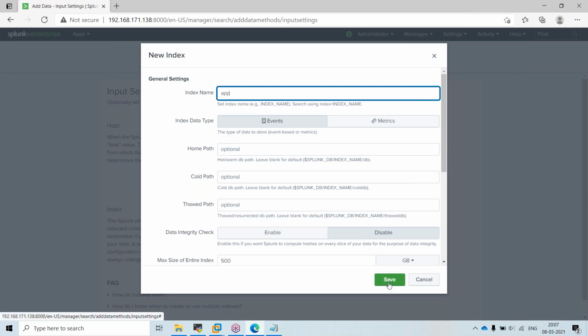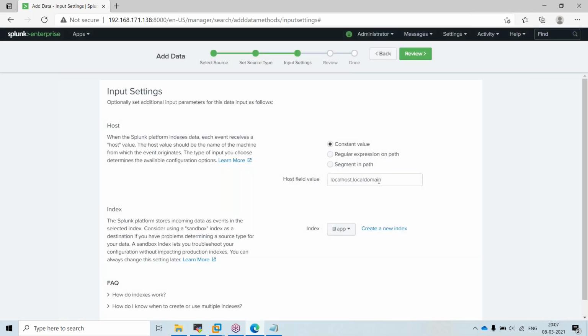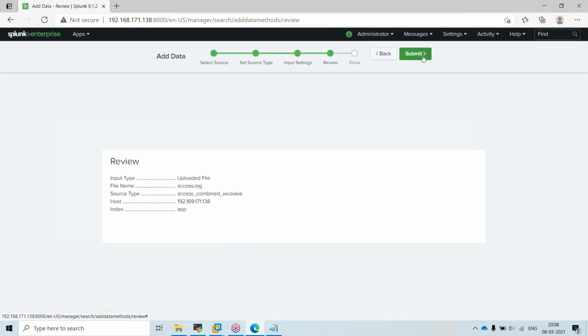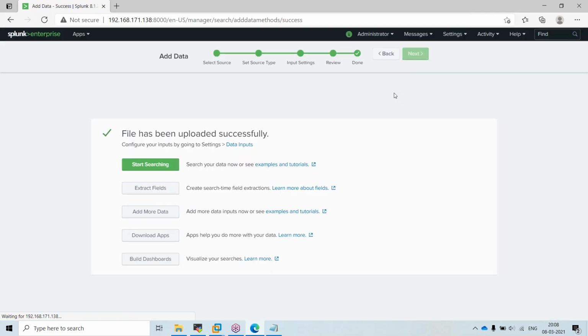I'm just giving an IP address instead of localhost, and clicking on review and submit.